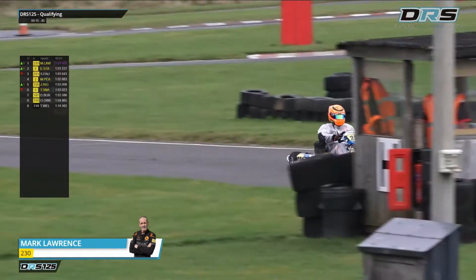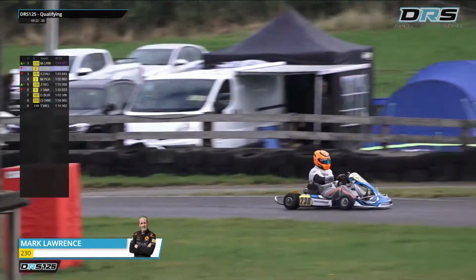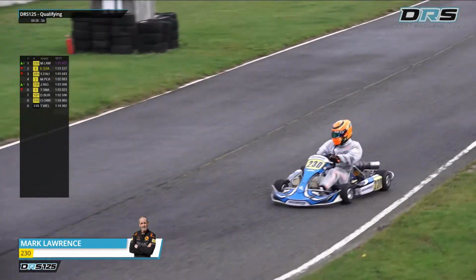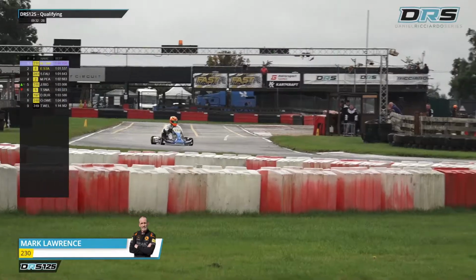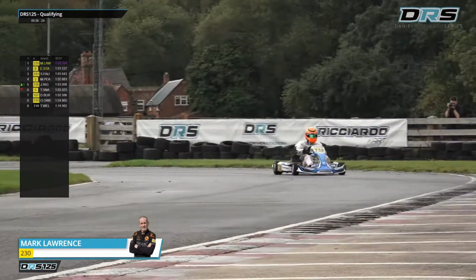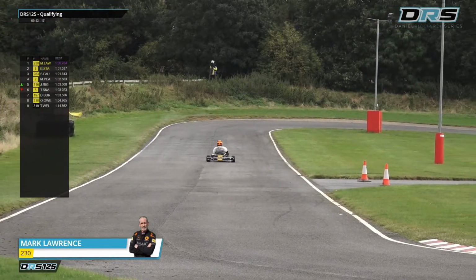So whatever the technical problem was for Sam Faulkner, it's led to him being demoted from the fastest driver. And we thought that as this session went on, the circuit would get quicker. There's certainly a lot brighter, a lot more break in the clouds at the moment. And we are seeing the drivers go quicker, not with every lap, but certainly not far off,